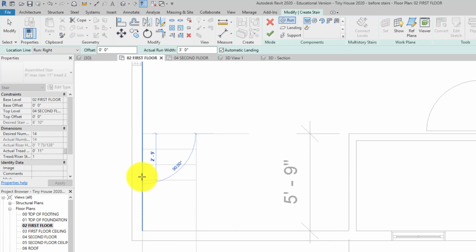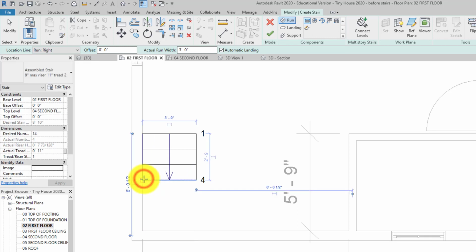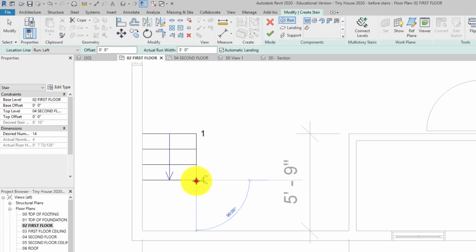So the first thing you want to do is come down to where it says 2 feet 9, so basically we're making 1, 2, 3, 4. Then before we move on, we want to come up here and say left, because we grabbed this edge, but now we're going to come across and grab this edge. So we can see risers 1 to 4 here. We're going to click here